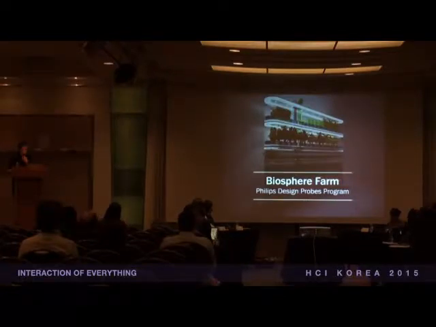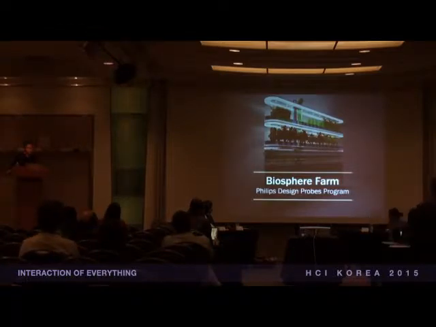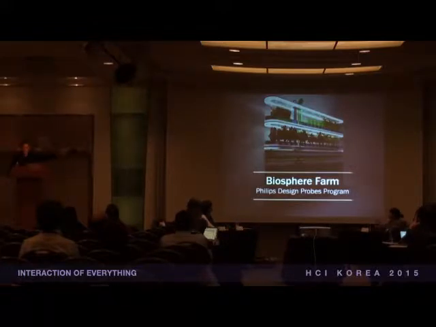this is an example from Phil's Design Trove. It's called Biosphere Farm. And they looked at the brief of what would the kitchen of the future be in 2020. The Biosphere Farm is at the top, you have herbs and vegetables, and then the nutrients from the water that flows down. You can't really see it because it's very dark, but there's actually an aquarium at the bottom where there's fish. The nutrients flow down, they feed the fish, the waste from the fish gets recycled back up, and you're actually harvesting there now and in the future. Not only do you not have to distribute the food, you actually grow and produce the food in the same place in which you cook it.